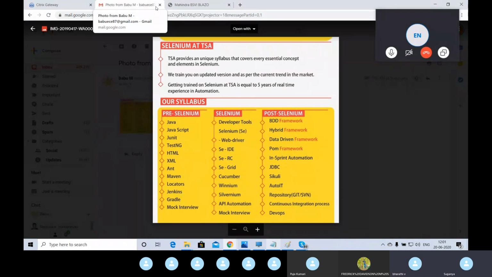Yeah, hi Babu. Here I have a doubt. Everything will be practical, right? Yeah, from scratch. I'm not going to take any framework which is already available. You are going to develop each and every framework from scratch, component by component. So in an interview also you can say, I have knowledge on building 5 frameworks from scratch. That much knowledge you'll be getting here.